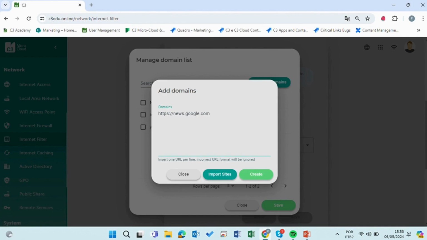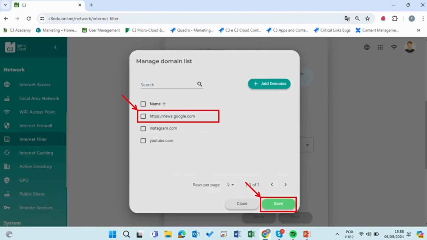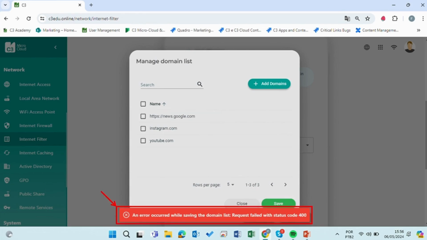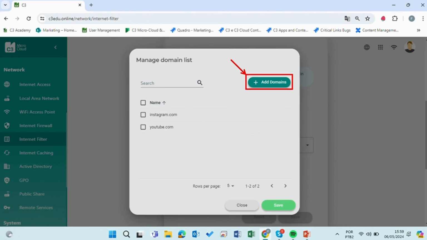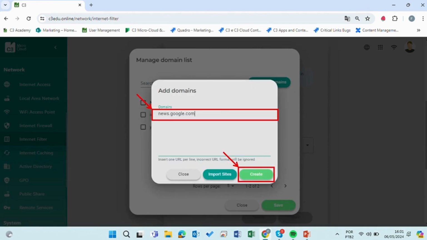We're going to click on the Create button and then on the Save button. You will notice that an error alert has been issued because we have entered the name of this domain incorrectly. In this case, we should click on the box next to the domain name. When you select it, the trash icon will automatically appear so that you can click on it and delete the domain you entered. Once we've deleted the incorrect domain, we'll click on the Add button again to insert it correctly,